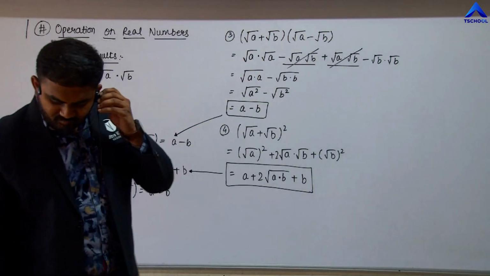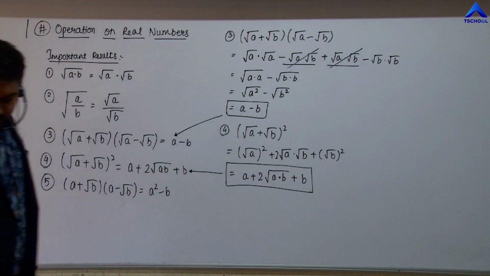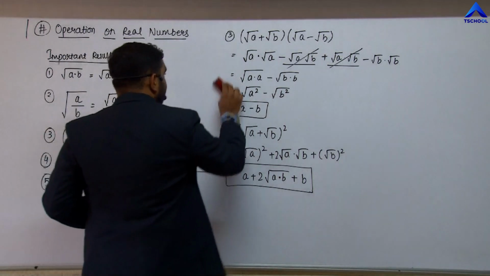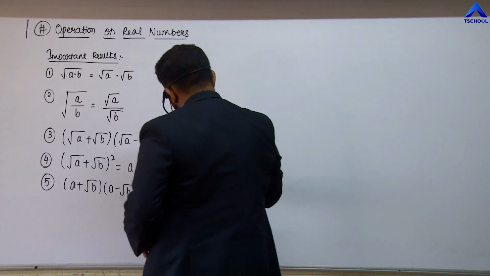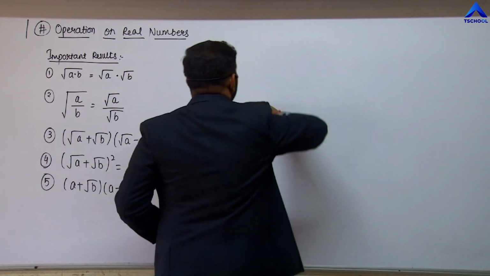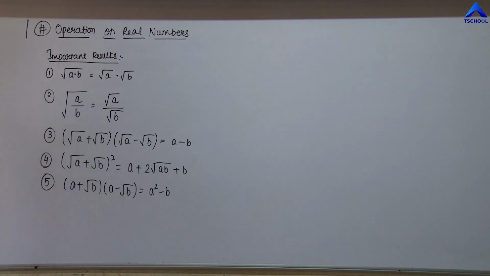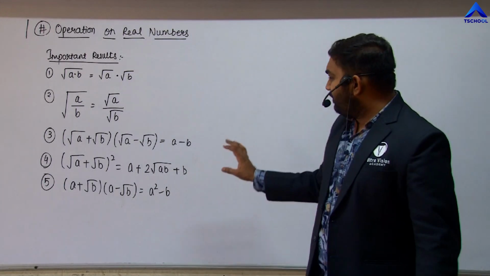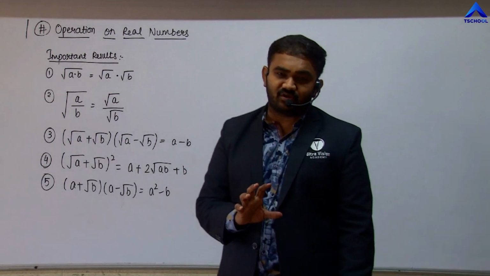Okay. Now, if that is clear here, then let us solve some of the sums based on these important results number 3, 4 and 5, so that we can clearly understand how this is applicable. So I am keeping these results here. I am just removing these derivations so that you can understand this topic here itself, right? See friends, there is no need to complicate this topic. This is the simplest topic of this chapter. There is no need to complicate this. Rather than making this complicated, we shall simply keep the topic as it is so that we can understand it clearly. And these questions are sure shot, right?